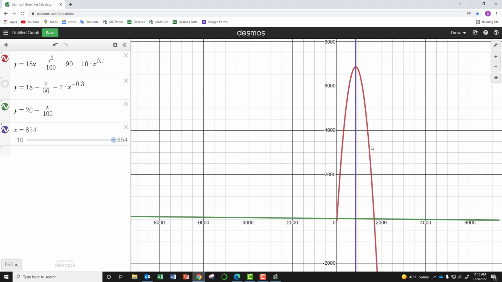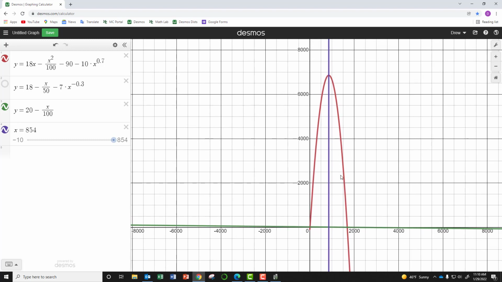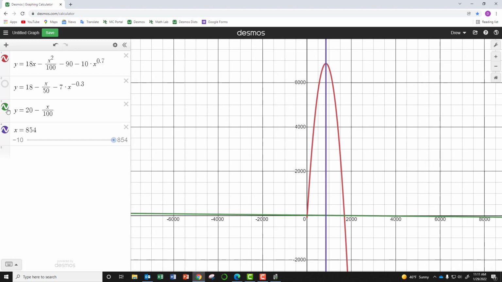And one more thing I want to show you. If you didn't have Desmos.com to graph this, what would be a way that you could find what the maximum profit would be? If I couldn't just whip out this graphing calculator and punch in my profit curve and see where the maximum profit happens, how would I still find the number of candles that would give me the maximum profit? Well, notice